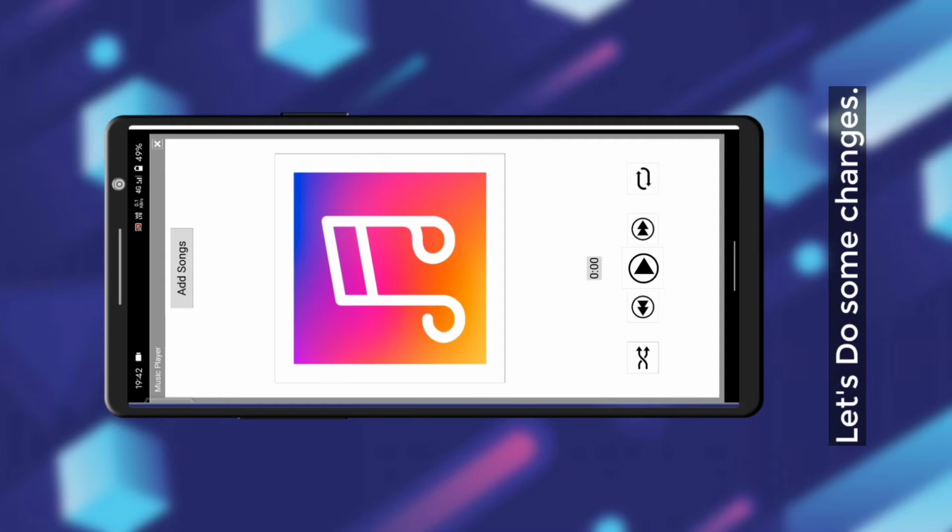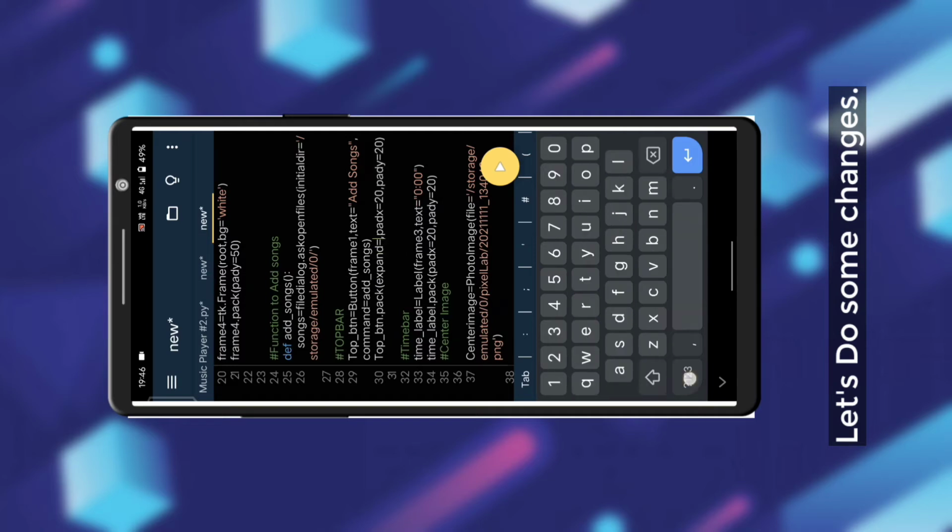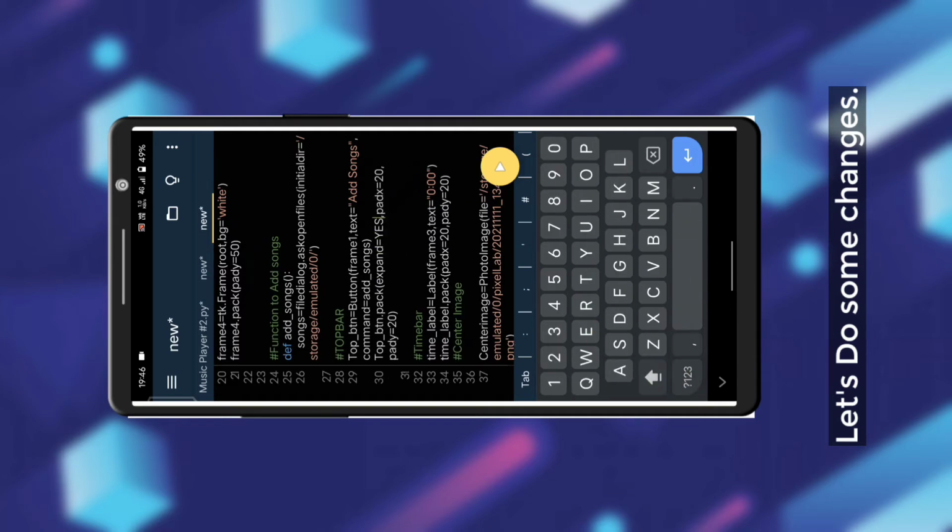So guys, as you can see, the add songs button is quite small, so I want to expand it horizontally. Let's do that. Let me quickly do some changes which will make our button look more realistic.